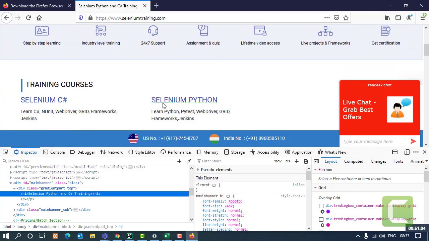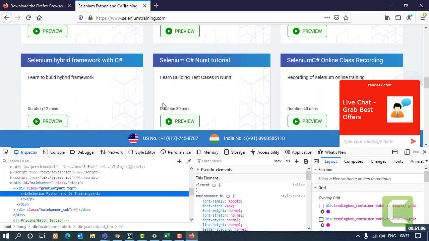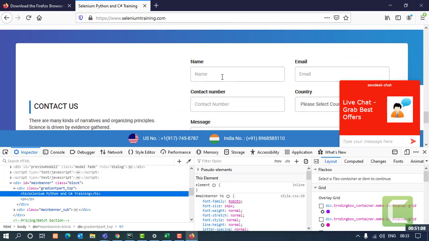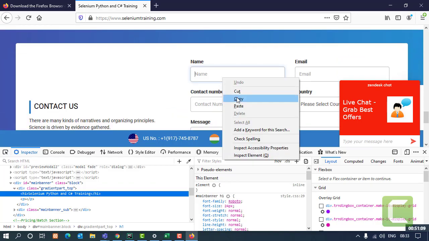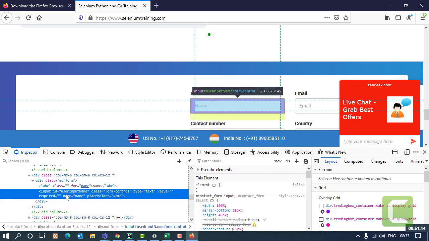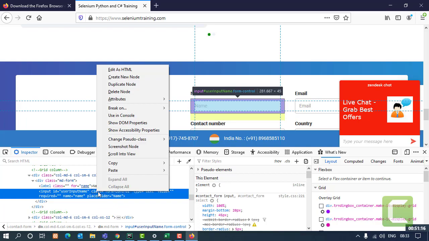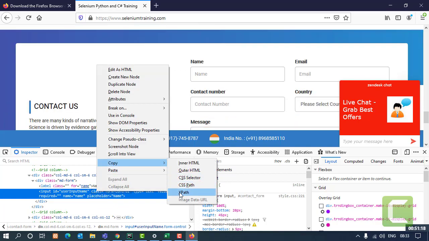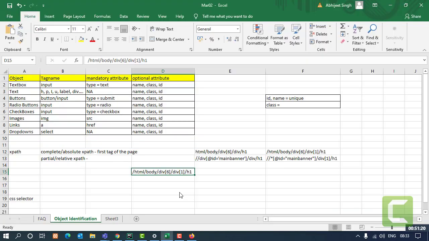If I look for some other element also, let's say we'll take a look at some element which has the ID attribute along. So we'll inspect that element. It has an ID attribute over here. So if I use the copy tool now, copy XPath, this time it gives me the partial XPath.